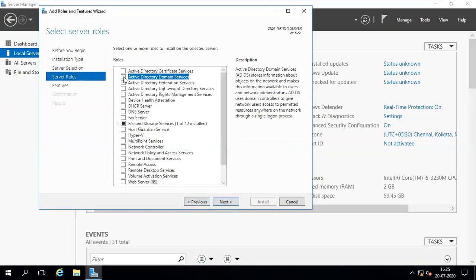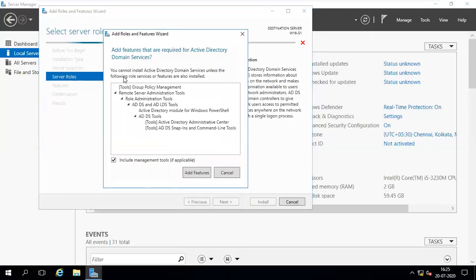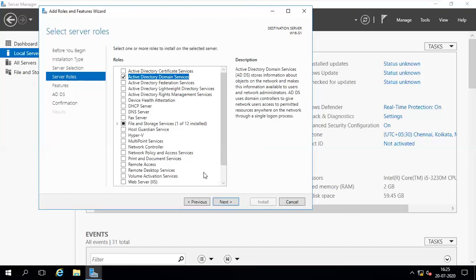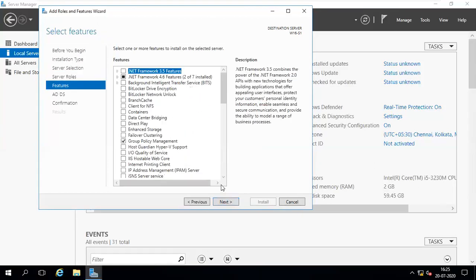So first, I want to check this one, Active Directory Domain Services. Guys, carefully here. I checked it and immediately this window opens. In this one, add features. Last time one or two people cancelled it. Don't do it. Click on Add Features. I check mark. Click on Add Features and go on. The required features are automatically checked. Next,